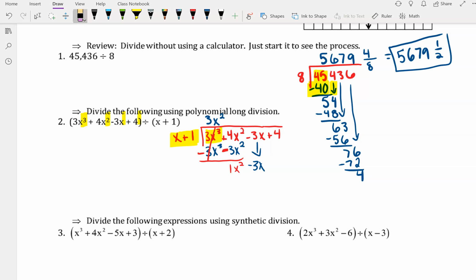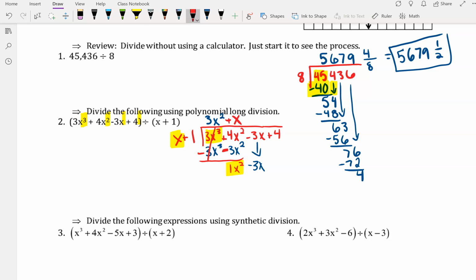I'm going to make sure I erase this so you can see where I'm pointing. Let's use x plus 1. Okay. So I look here just at the x, and I see what would I have to multiply x by to get 1x squared, or just x squared. I would have to multiply that by x. So that's going to be my next term. I'll put a plus in between them because my answer is going to be a polynomial, so I'll put plus